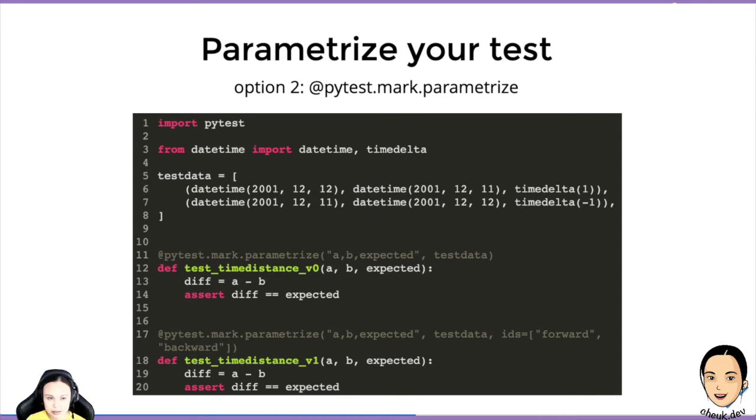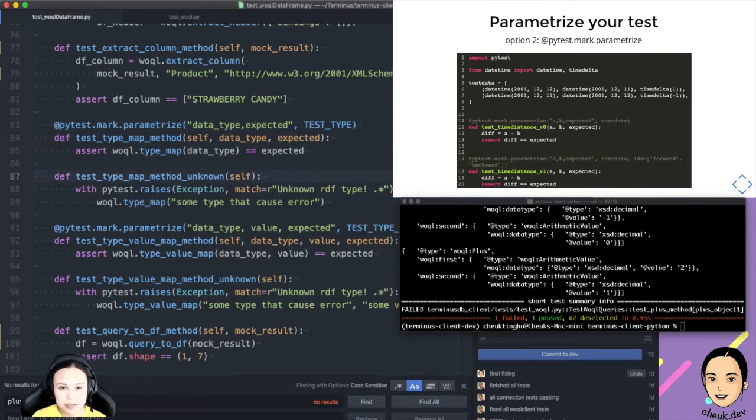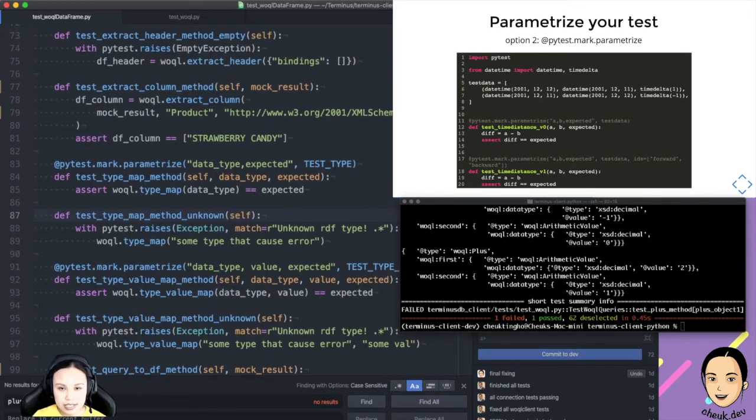This is a very good use case, which I forgot to switch my screen again. Sorry about that. One second. Okay, and I have to hide it so you can see it better. Okay, and you see that,